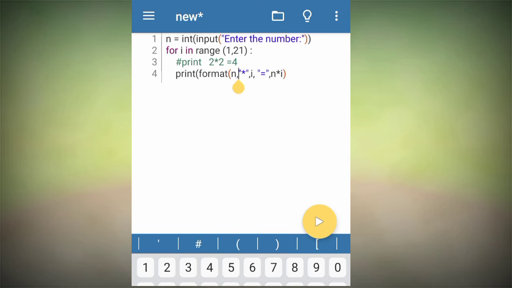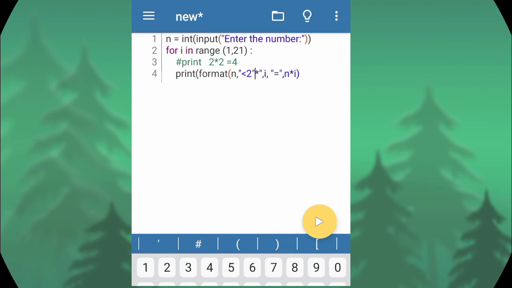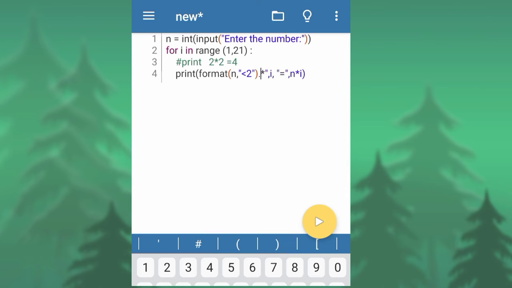Here is n, there is double quoted text, here this sign and 2, after that colon, double quoted text, bracket complete. After that, comma, and here is dot, comma and double quoted text.